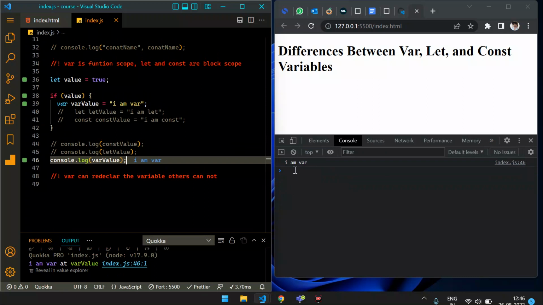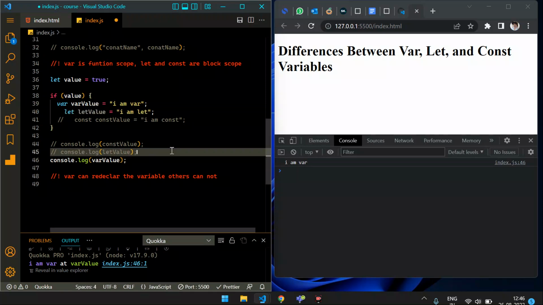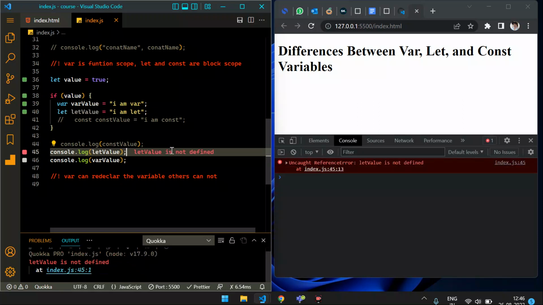Here I just try to print this out. Okay, not a problem. And now I'm trying to console the let. So this is the let, and this is the let related console. Let me save this. We will get some kind of problem here. Let me save that. You can see,